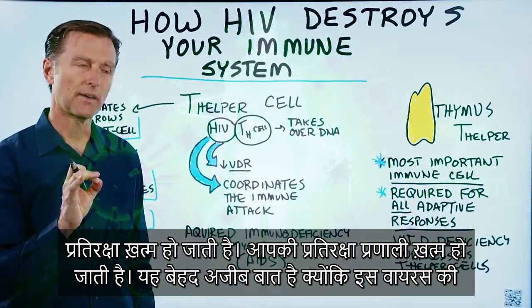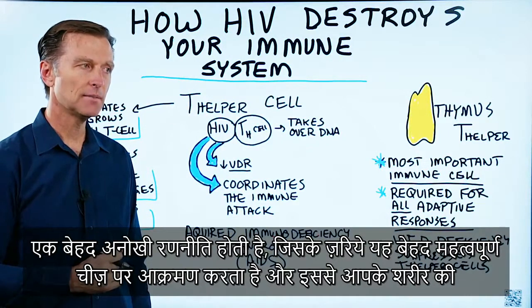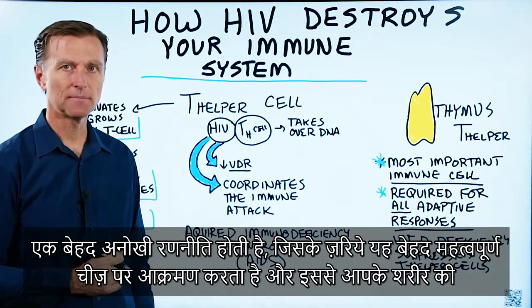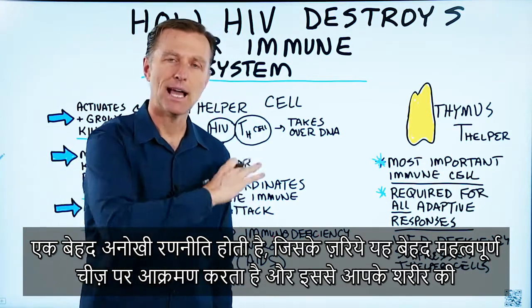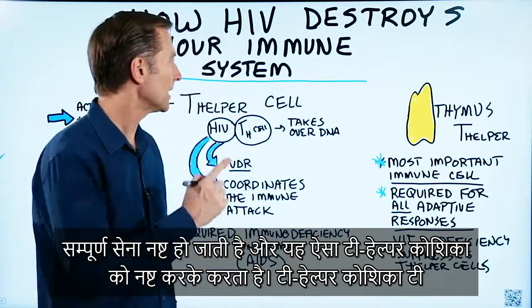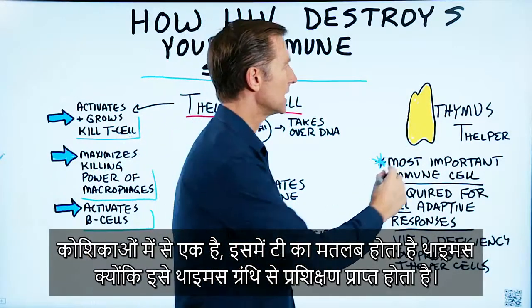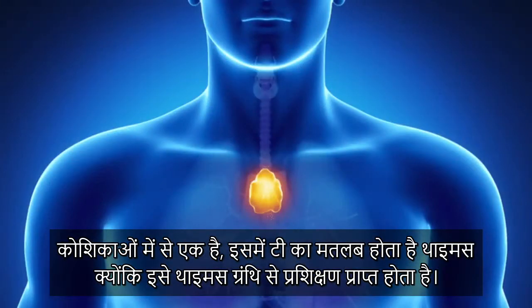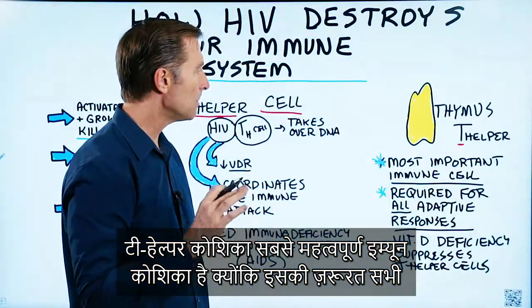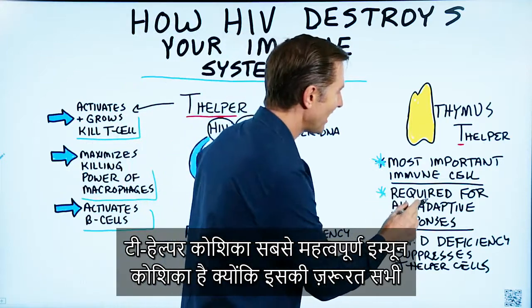Now, this is interesting because this virus has a very unique strategy of attacking something that is so important that it basically knocks the entire army out, all by attacking this one cell, the T helper cell. The T helper cell is one of the T cells, stands for thymus because it actually gets its training in the thymus gland. The T helper cell is the most important immune cell because it's required for